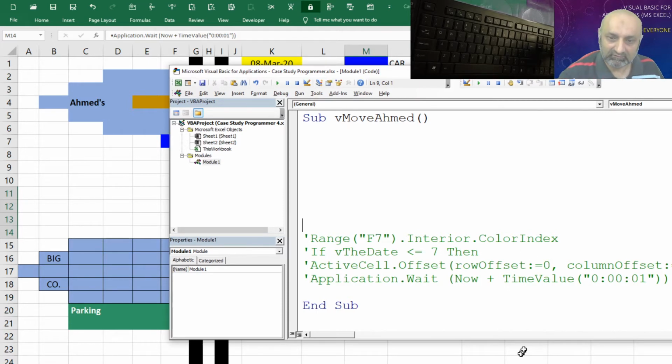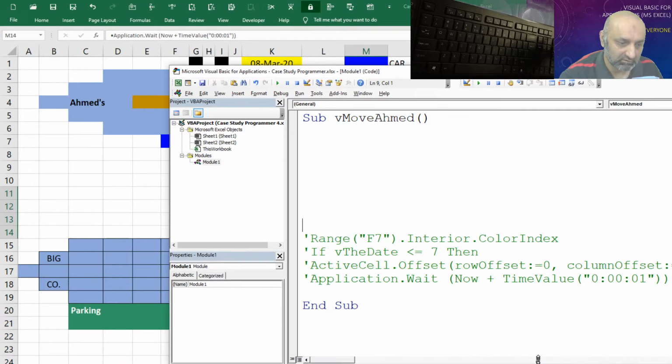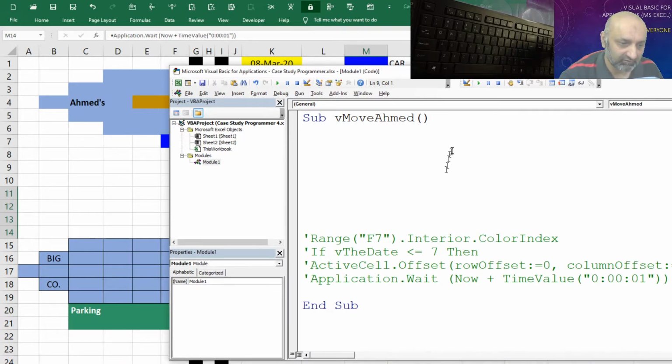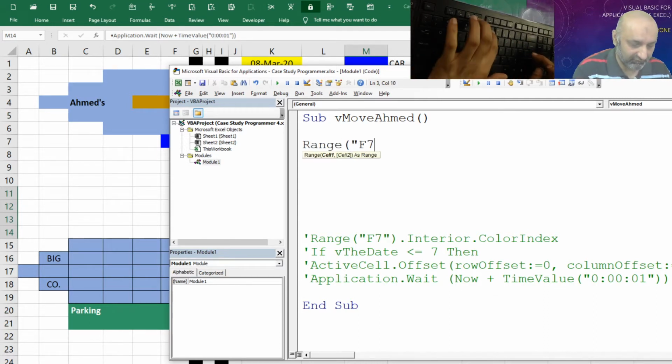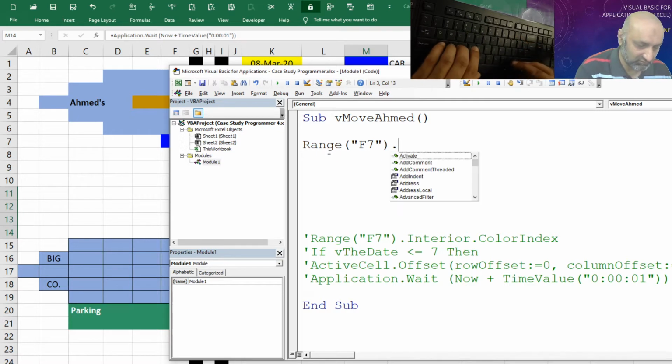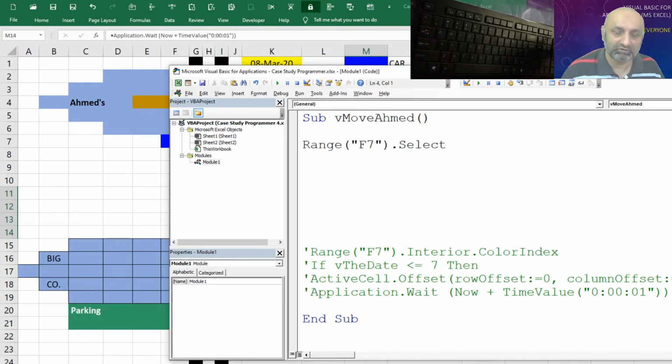So let's start coding. Yeah, this is better. Okay, so first of all, what we need to do, we need to go to Range("F7").Select, because this is the starting point.